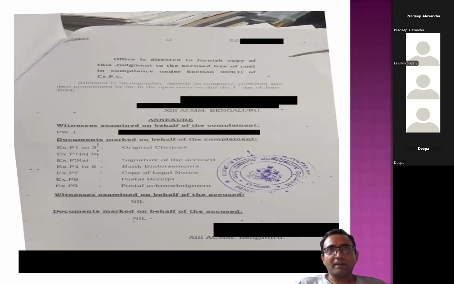Here you should be aware the check is valid for 3 months. So on the first month you produce the check, it gets bounced, and he asks for 2 more months' time, and you wait till the 90th day. So 1st of April, April, May, June, July 1st. On the 1st of July, you have to compulsorily send him a legal notice asking him to come and pay. Once he receives the notice,